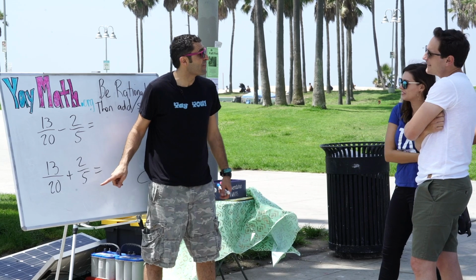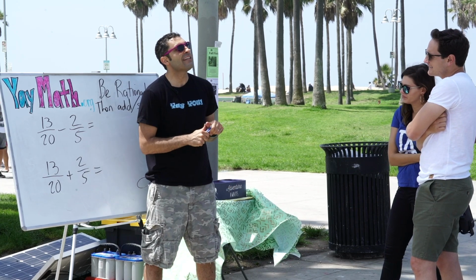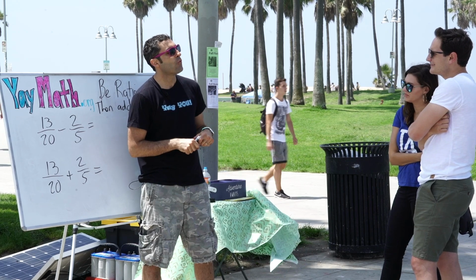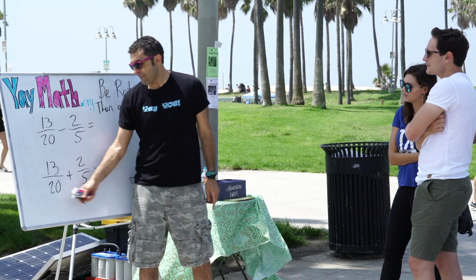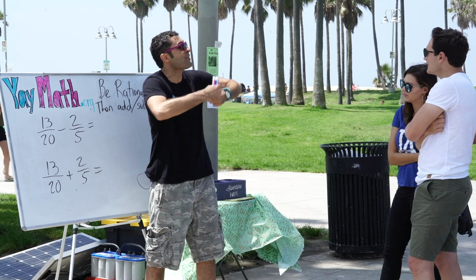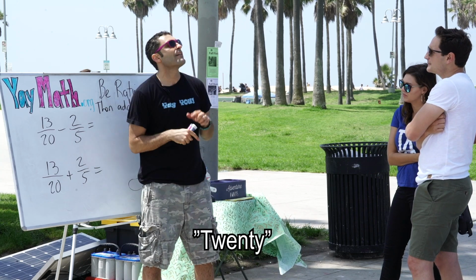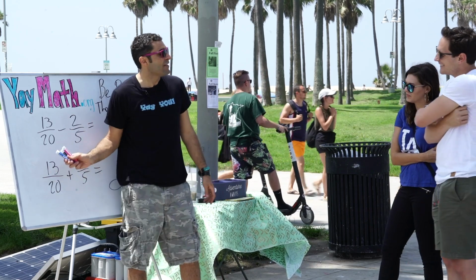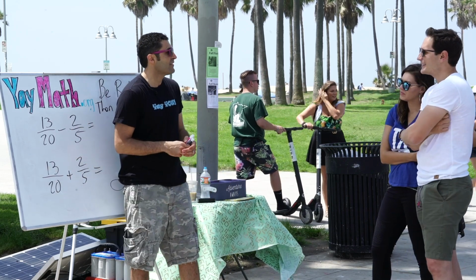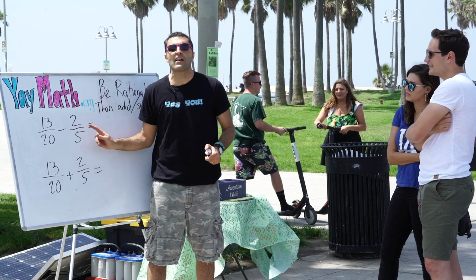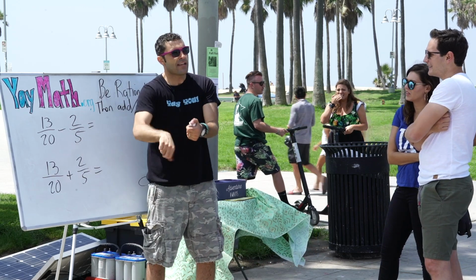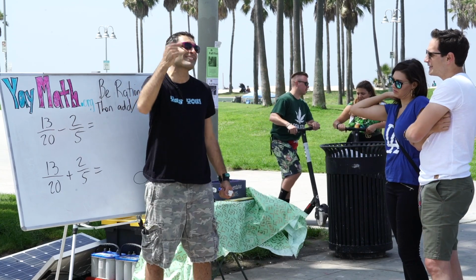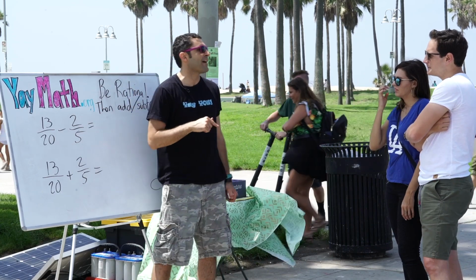20 and 5. They need to have a common denominator too, right? What's the smallest thing that 20 and 5 can both multiply to become? 20. That's right, 20. The reason I picked this problem is that sometimes people say 100. Is it true that 20 times 5 is 100? Yeah. That 5 20s is 100? So you're welcome to make it 100, but what we can do is try to think of the smallest thing that they could both multiply to become.